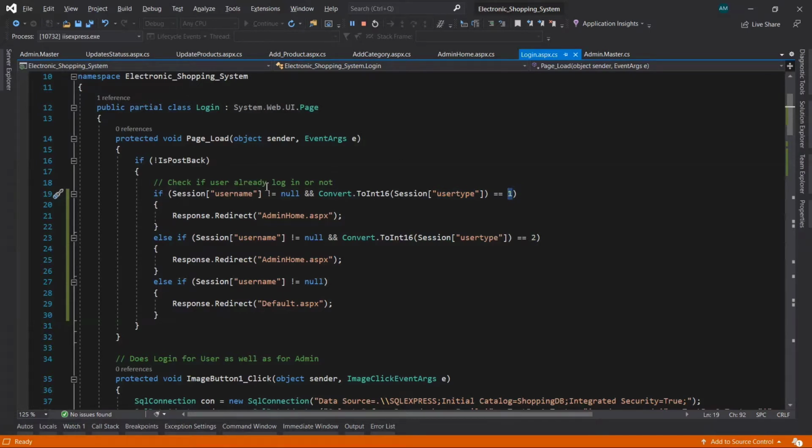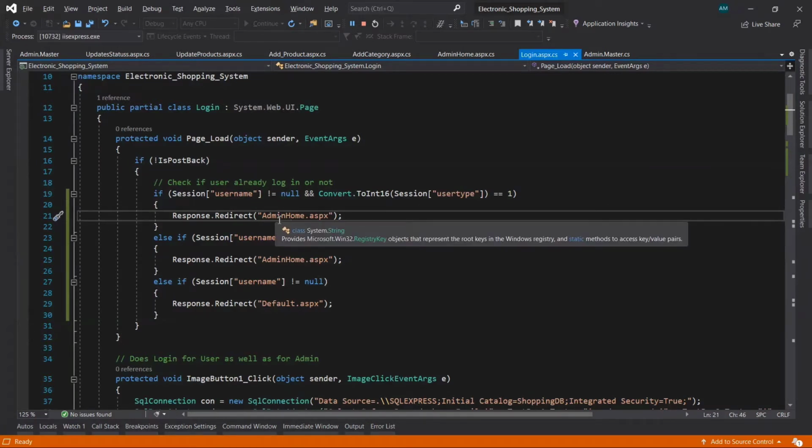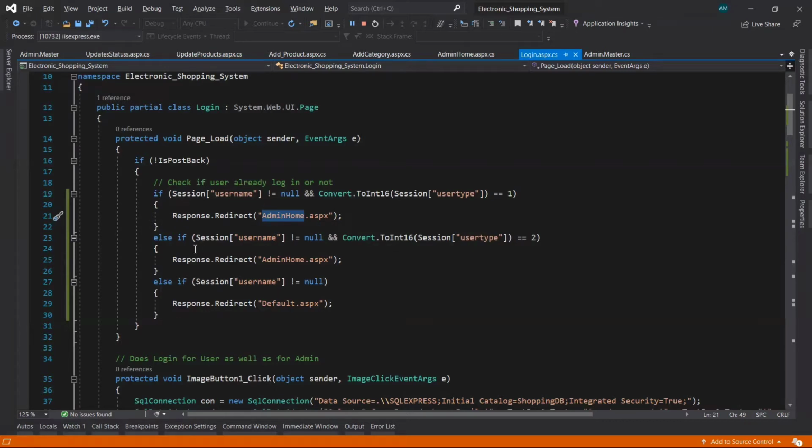Based on this condition, if it matches, then it will redirect the admin user to the admin home page. Otherwise it will execute the else if part where I've taken the session of username not equal to null and the session of user type equal to 2. So the first and the second will be the same.